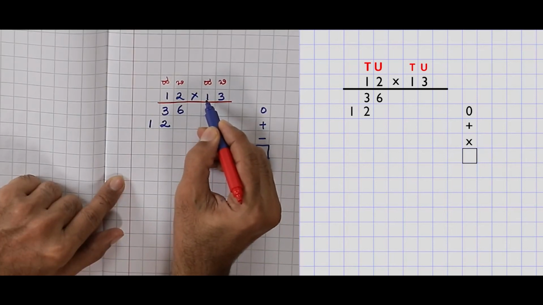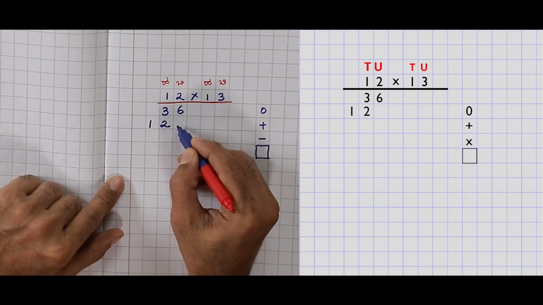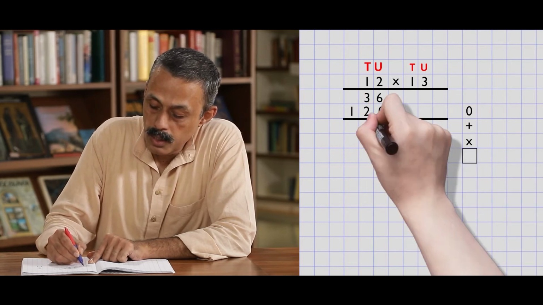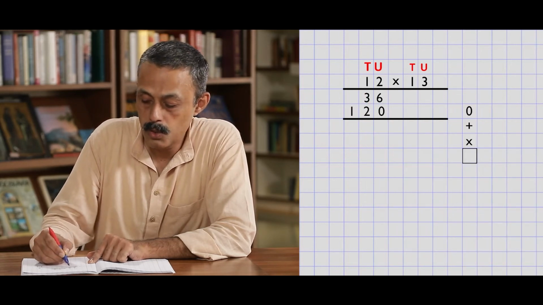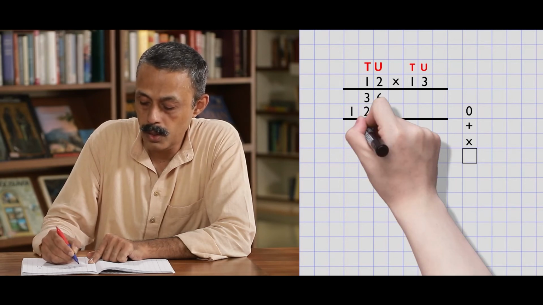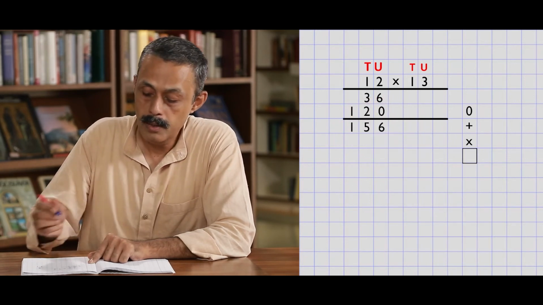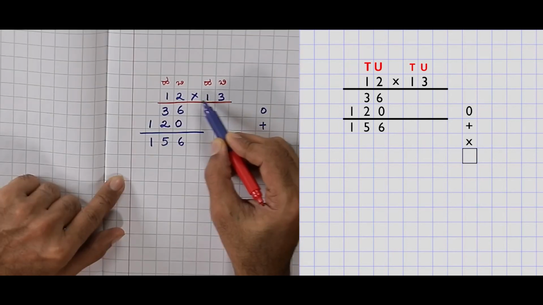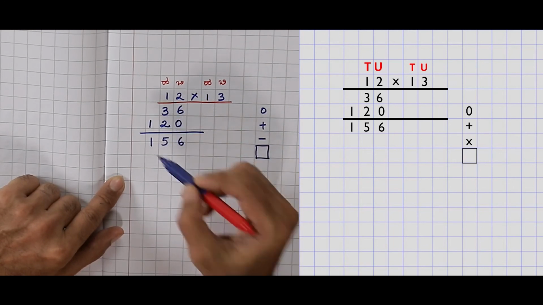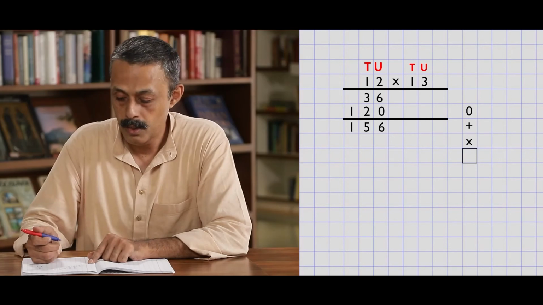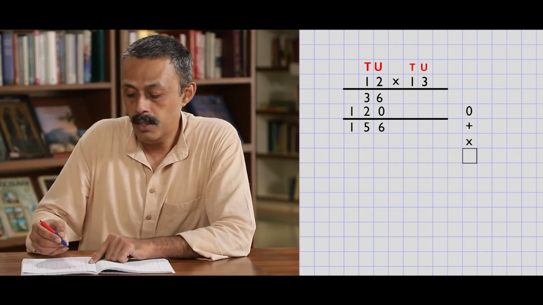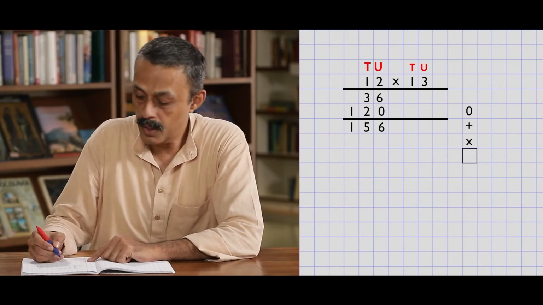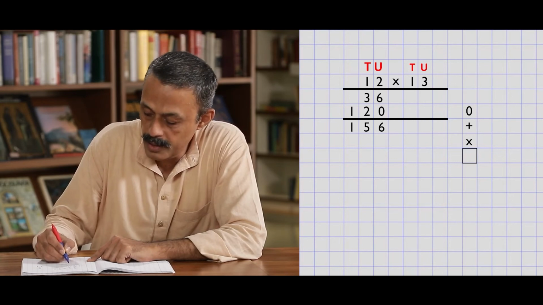When we multiply from 10, this is 20. We can say that, right? Therefore, what should we do after this? We have to add it. 6, 3 plus 2 is 5, and 1. There can be a question here. The teachers or the children may ask this. 10 twos are 20, but 10 tens are 100. How do we write it? For that, let us do the same problem in an expanded way, and let us see if we get the same answer. I'll write it down.